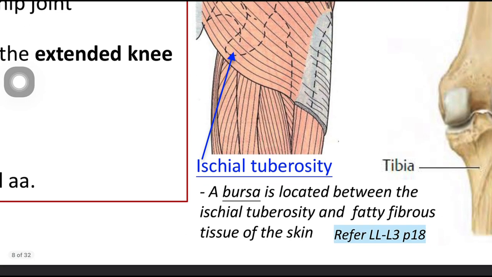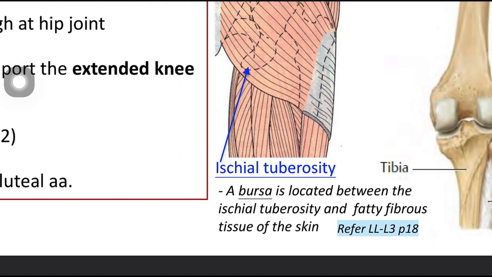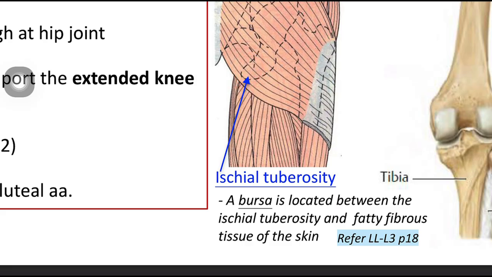Here I want to highlight one thing. In this ischial tuberosity, actually we have a bursa. Remember the function of the bursa? You have been introduced to this in other lectures, right? So we have a bursa called the ischial bursa. It's located between the ischial tuberosity and the fatty fibrous tissues of the skin. Think about it. If this bursa gets inflamed, you may probably have pain, right? So we will talk about it in other slides, in other parts, so that you will have better ideas,